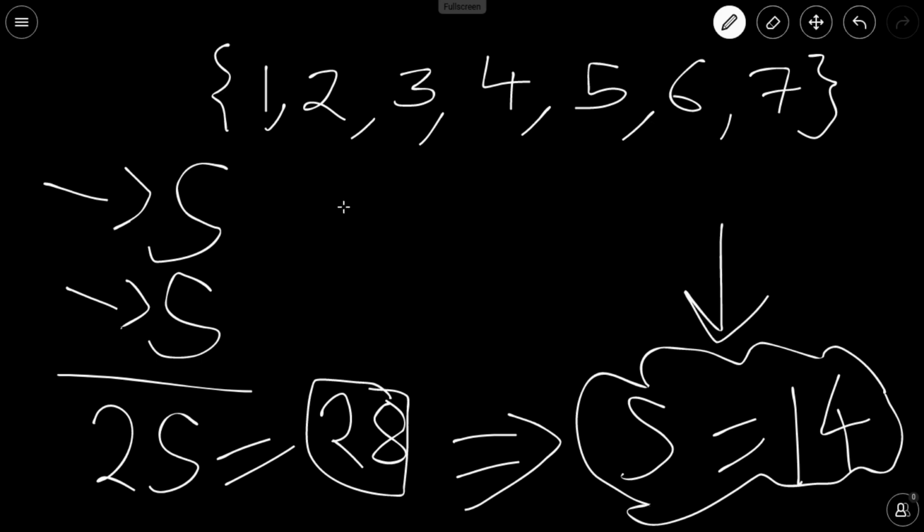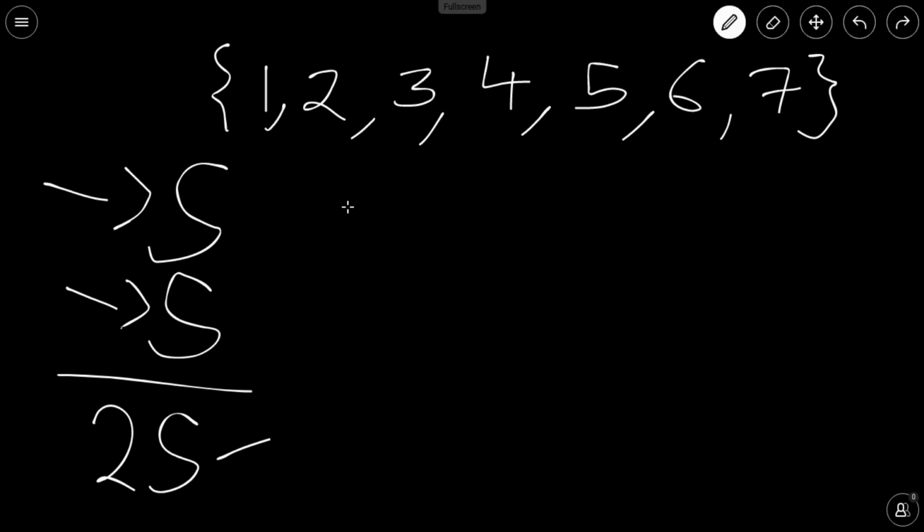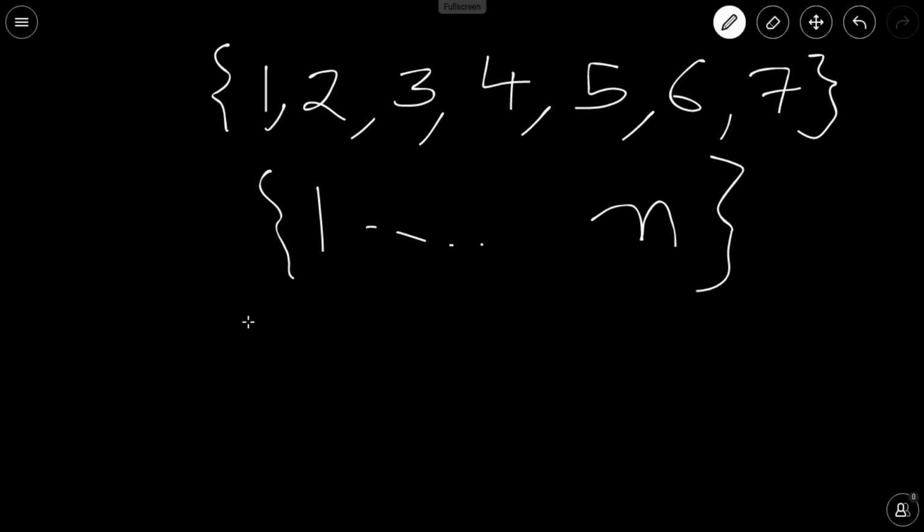In the general case, I am just writing a general case. Suppose that the given number is n, so the set is 1 to n. You need to find the number of possible ways to divide this set into two sets of equal sum.